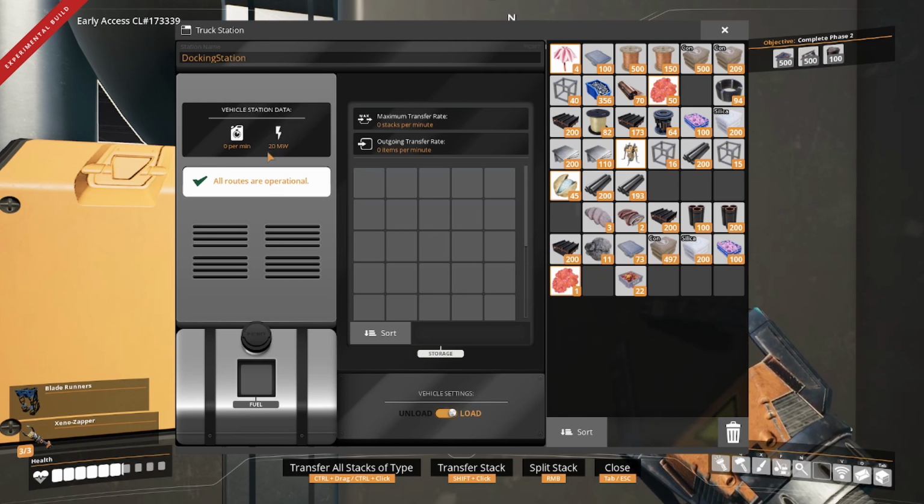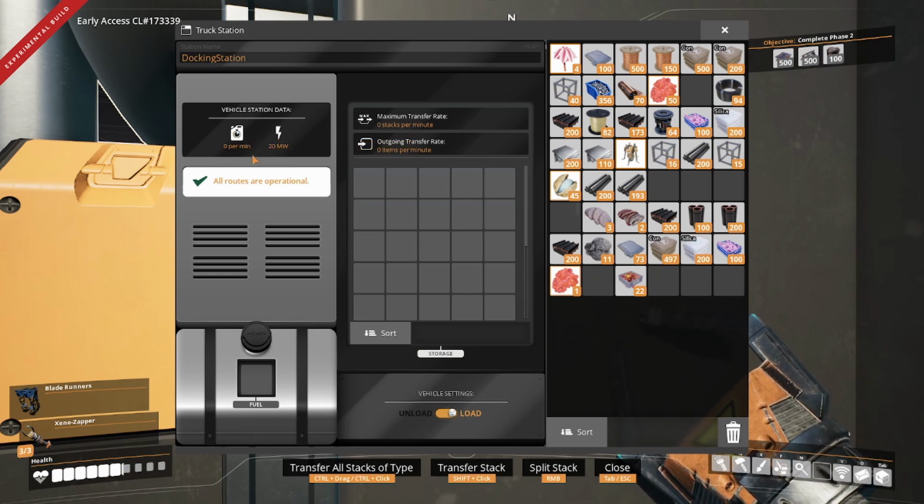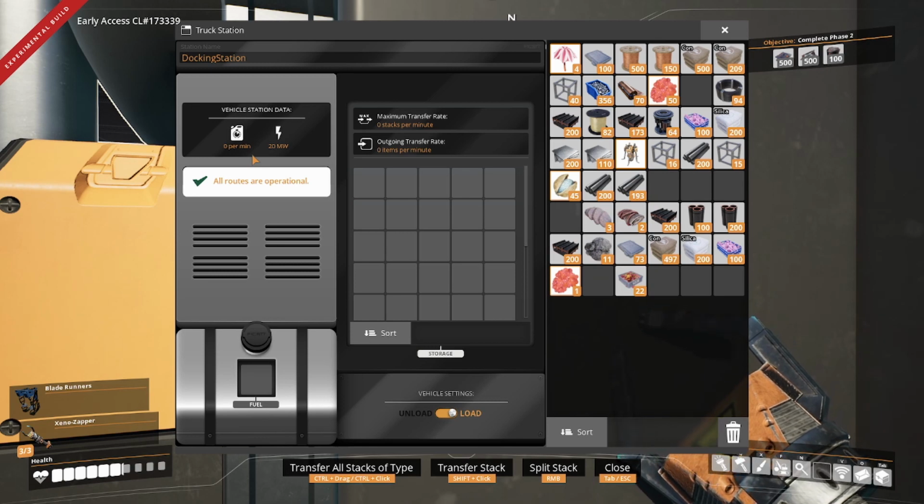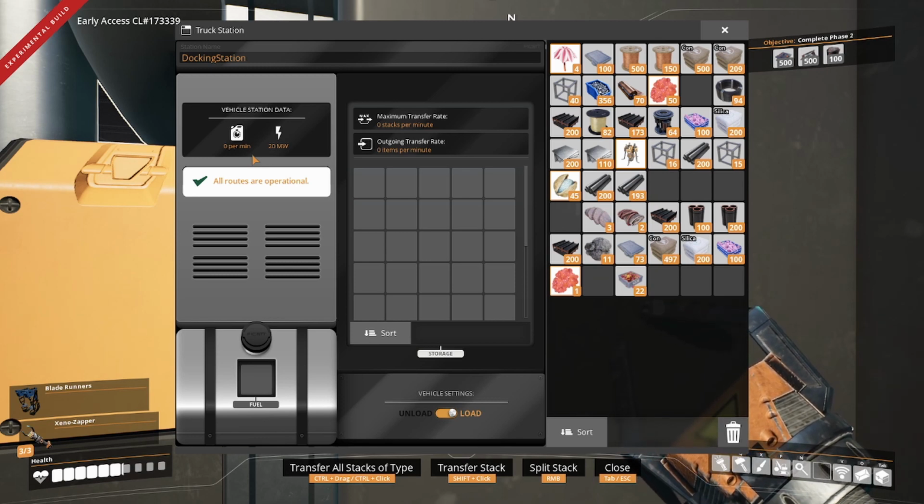You can also see that the truck station itself takes 20 megawatts of power, and if the truck station is attached to a route, we'll actually calculate the fuel per minute consumed by that route so that you can appropriately adjust your fuel inputs. If you find that a route takes, for example, 65 fuel per minute, then that's how much fuel you need to mine and make sure that the truck stations along that route are providing to the vehicles. Generally, that's going to be much lower, 4 or 5 fuel per minute, I think is what